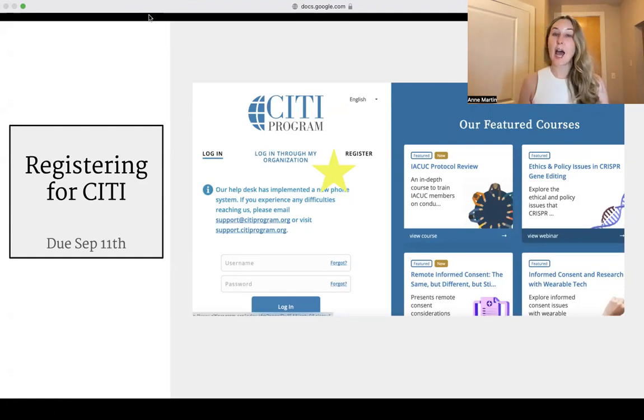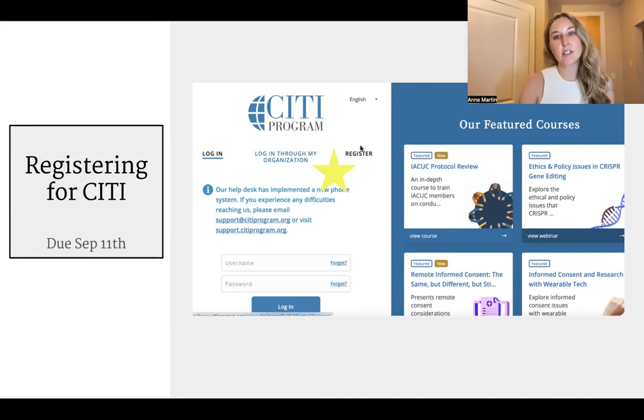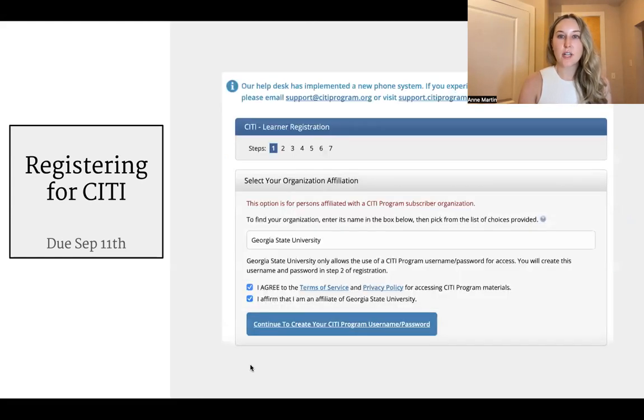When you click the link in iCollege, it will say register. It will take you here, and you need to click register. That will be the third option here. Once you click register, you will be able to register through your organization. So you'll type in Georgia State University, and then you will click continue to create your new username and password